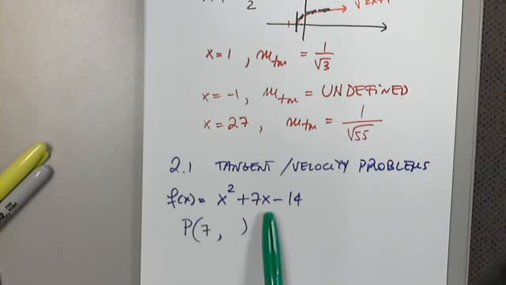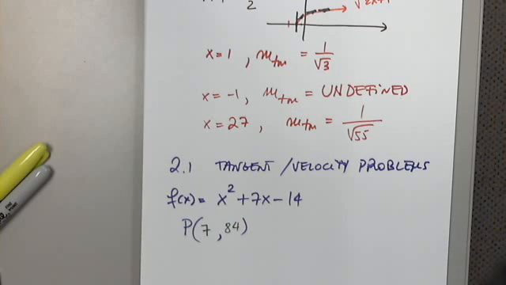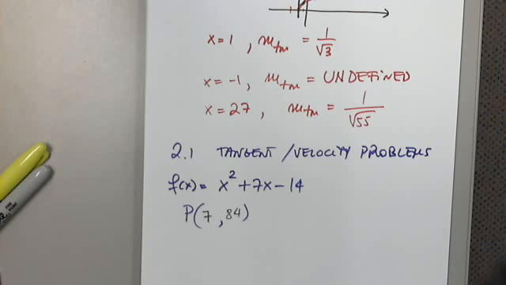So 49 plus 49, that's 98. And 98 minus 14, 84. Correct me if I'm wrong. So 49 plus 49, 98. 98 minus 14, is that correct? Perfect. So now I would like to determine, so find